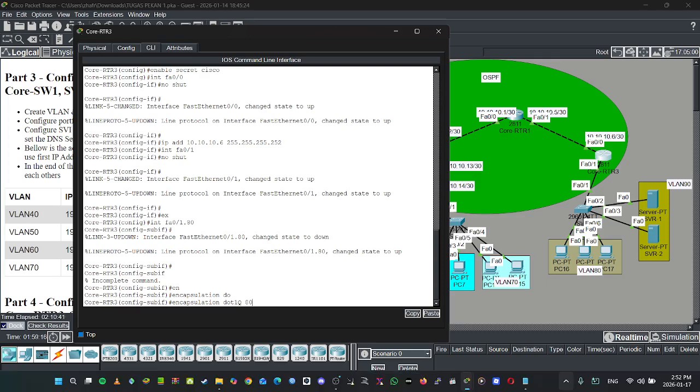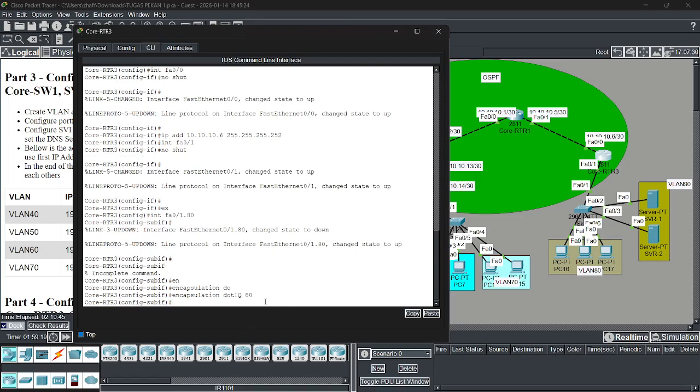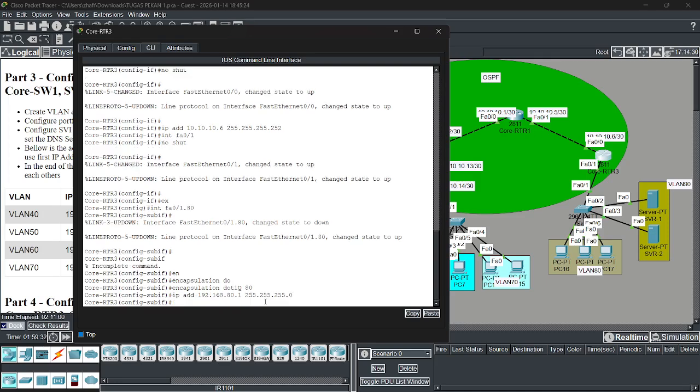Okay, and then IP address. Sorry, 0, and then the IP DHCP is VLAN 80.